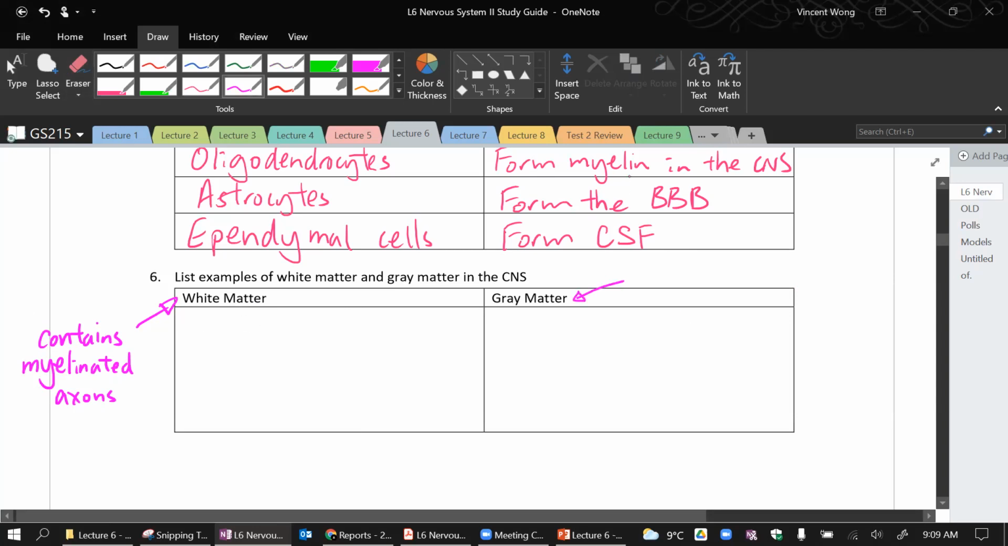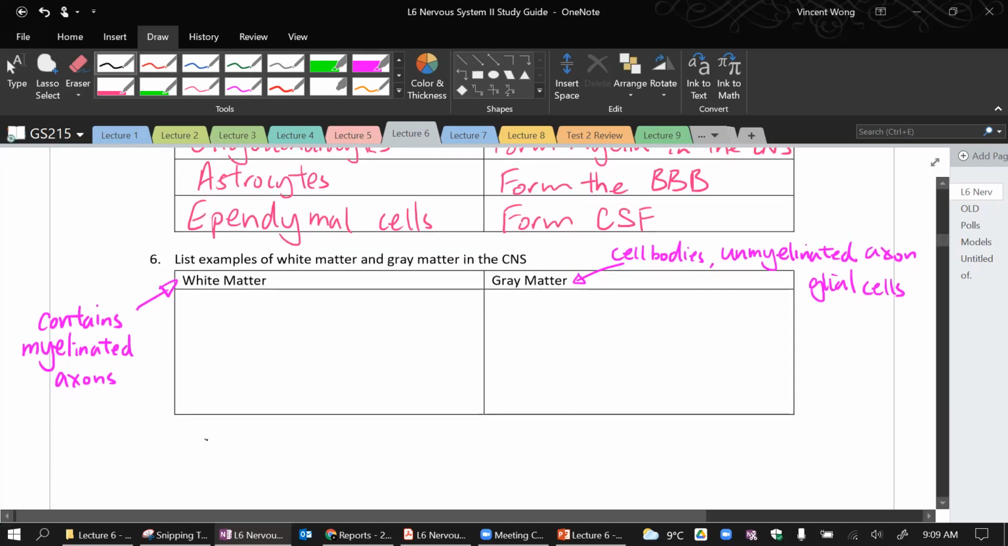And the gray matter pretty much consists of cell bodies, as in the neuron cell body, unmyelinated axons. Not all axons are myelinated, especially if they're really short. You don't need myelination, as well as glial cells. Glial cells. So in the brain,